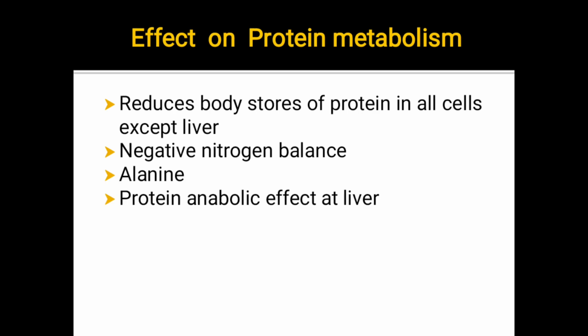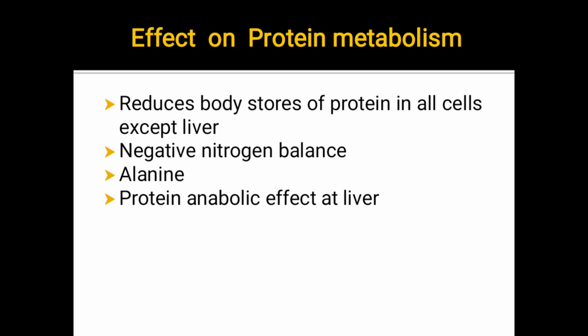So as I told earlier, cortisol causes proteolysis in the skeletal muscles and release of amino acids. Alanine is one such amino acid released like this, which is an essential substrate for gluconeogenesis. The proteolysis which happens in the muscles causes the negative nitrogen balance. The glucocorticoids also inhibit the protein synthesis in the skeletal muscles. So these two effects can lead to loss of muscle mass.